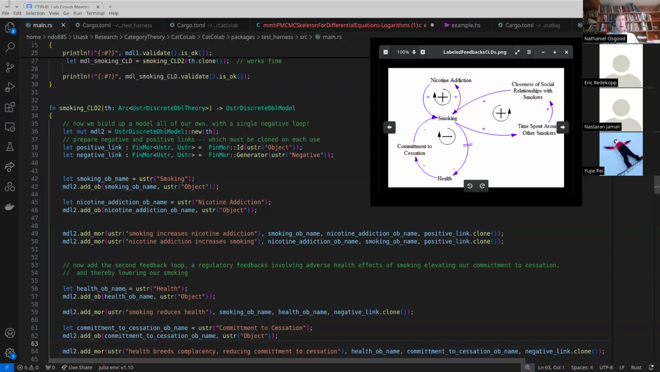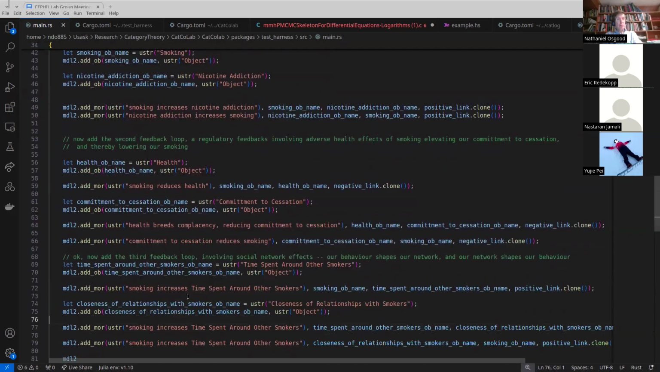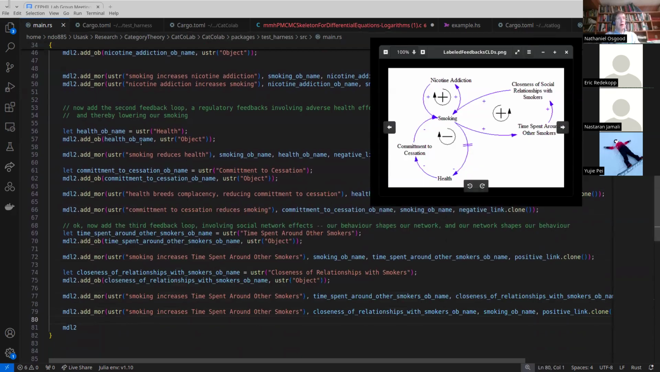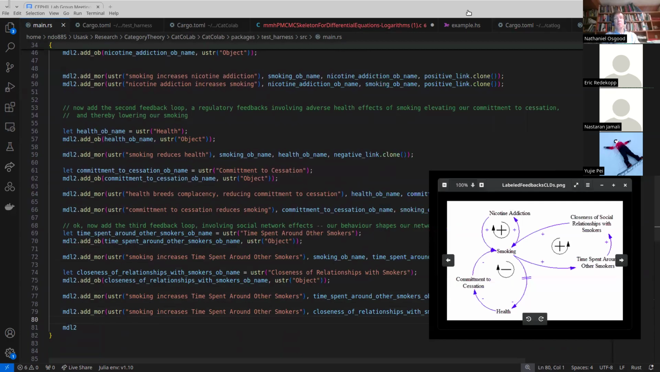Okay, then we add the second feedback here, which is the lower one here, right? Smoking to health. Both these upper ones were positive links. Here we have our first negative link. So we've added in health and we've added a negative link. I didn't bother doing the delay. There is support now for delays, one step at a time. I didn't want to try that until I got my footing on the basics. Negative link. And then I added a commitment to cessation, added that object, and a negative link to that, etc. This would be a natural